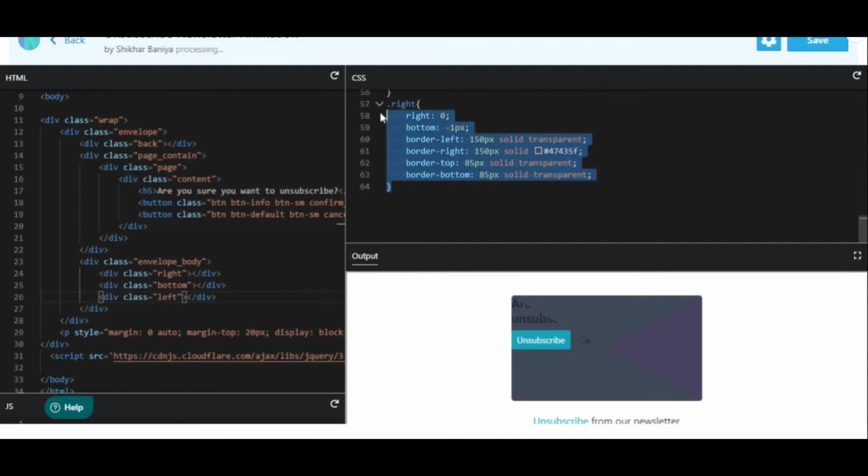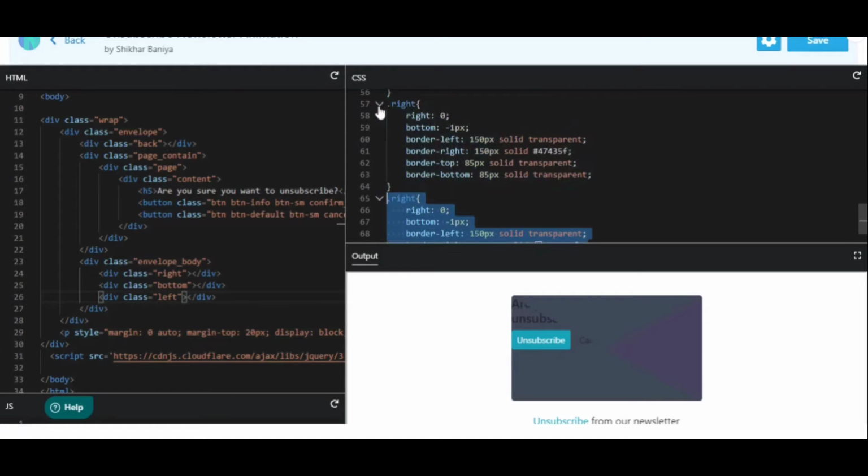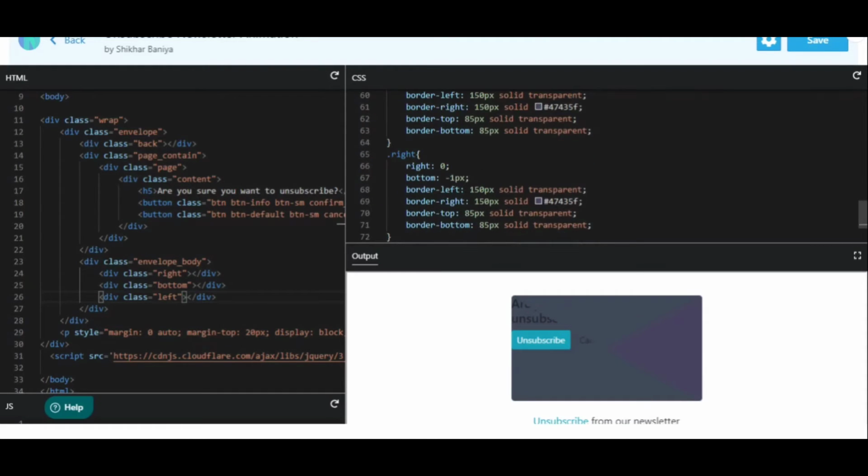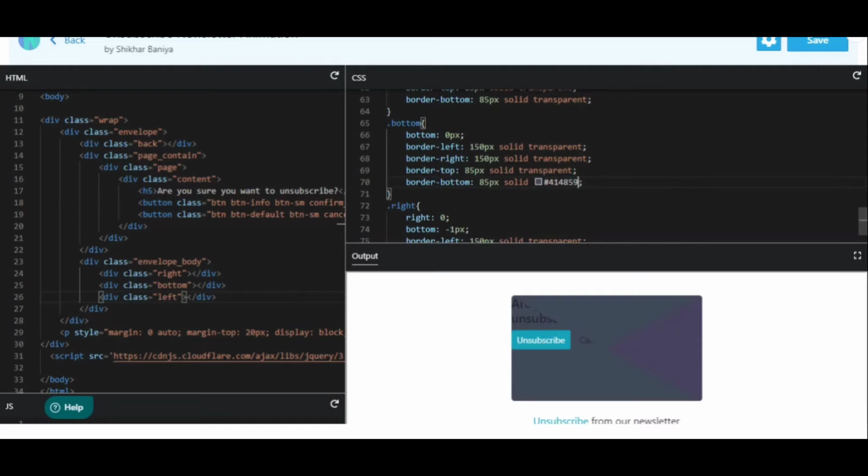So in the same way, we need to specify two more things. Okay, so the next one will be bottom, and here we don't need any right spacing, so let's remove that. And bottom will be 0. Here border left and right both will be transparent. Border top will also be transparent, and border bottom will be hash 4145